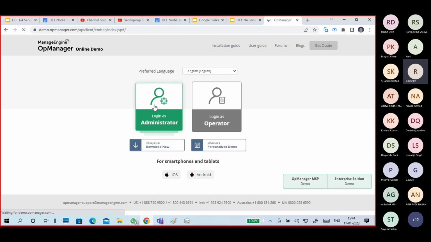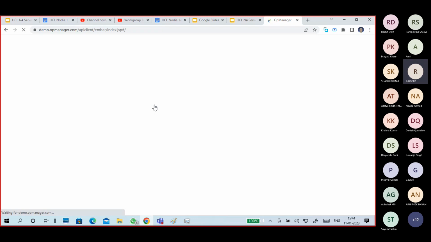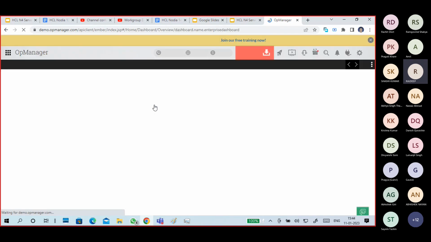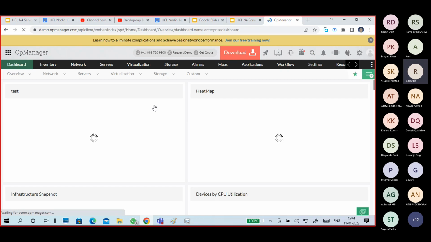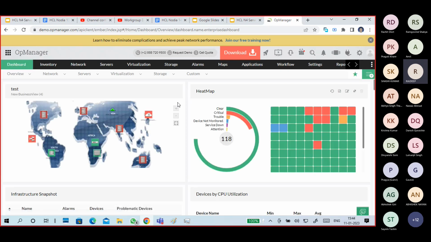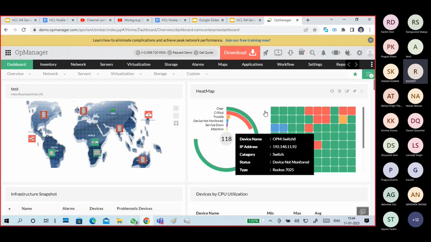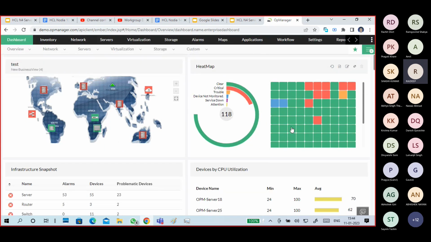There are different types of monitoring tools, which show what happens at your infrastructure, what events occur at your infrastructure. You can get it. This OpManager also shows what happened and where it happened. See, the green color means it is clear. Red color means there is a certain situation, either a critical, error, or warning generated. If you see the heat map, there is a lot of good things, like this is 89